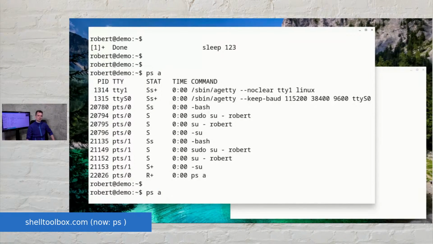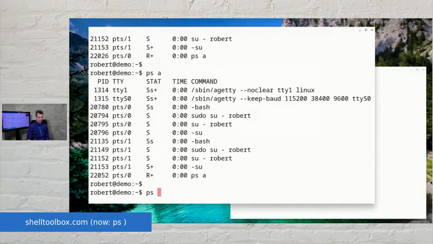So I'm here logged in as user Robert, and you see I have some processes here started from my logon shell. You see here I've logged in via TTY1, for instance, or on TTY1 there is a command running. Oh no,